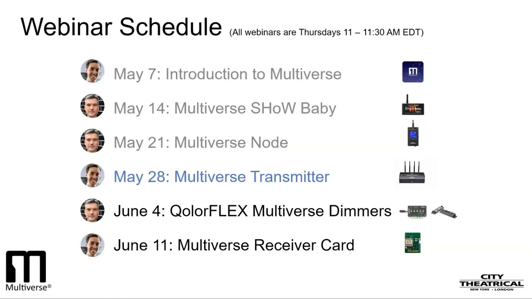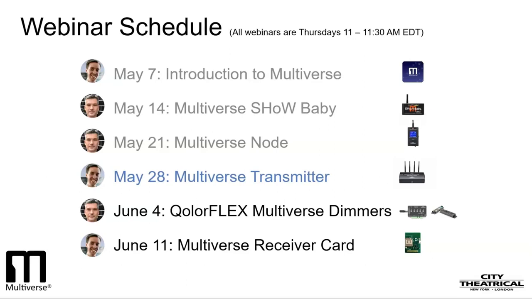In our third webinar on Multiverse Node, we taught how to set up a simple point-to-point broadcast system. In addition, we described the use of the 900 MHz band and working with specialized antennas for situations where the default omnidirectional antenna is not the best choice. We also described how to designate the Multiverse Node to be a receiver on a specific universe of a multi-universe broadcast. And we again explored the use of RDM and DMXcat in setting up a system. If you have not watched those webinars, please do, since they serve as the foundation and background to today's webinar